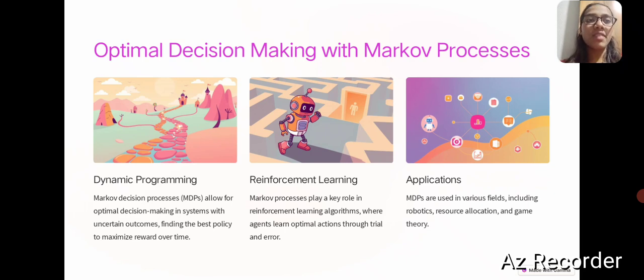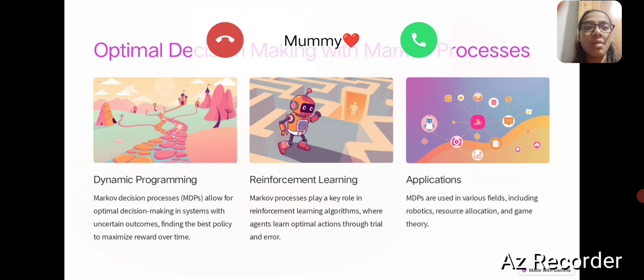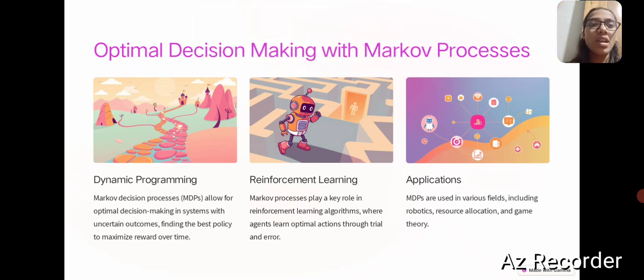Optimal decision making with Markov processes. Dynamic programming. Markov decision processes, MDPs, allow for optimal decision making in systems with uncertain outcomes, finding the best policy to optimize reward over time. Reinforcement learning. Markov processes play a key role in reinforcement learning algorithms where agents learn